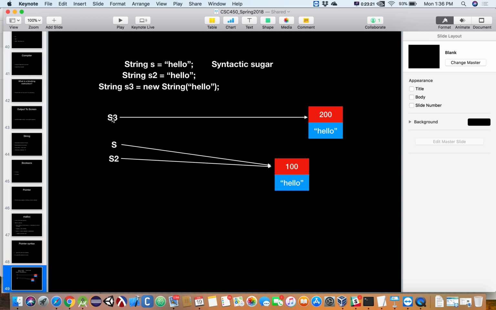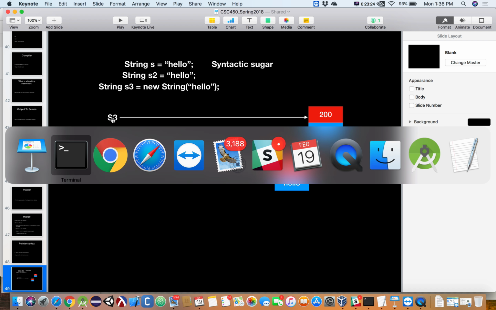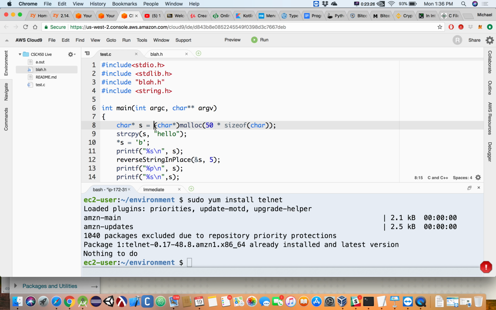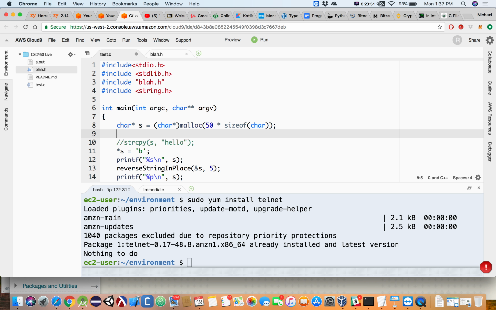As opposed to, so that's what became interesting here, where we ran into this last time. Forget about this string copy here for a second. I'm going to come back and talk about that. So we would create a char pointer s, which we're mentally thinking of as strings. But if you think back to the early days of C, it didn't have strings built in. It just represented them as char pointers, char arrays. So we say s is equal to hello. What we just did is we changed